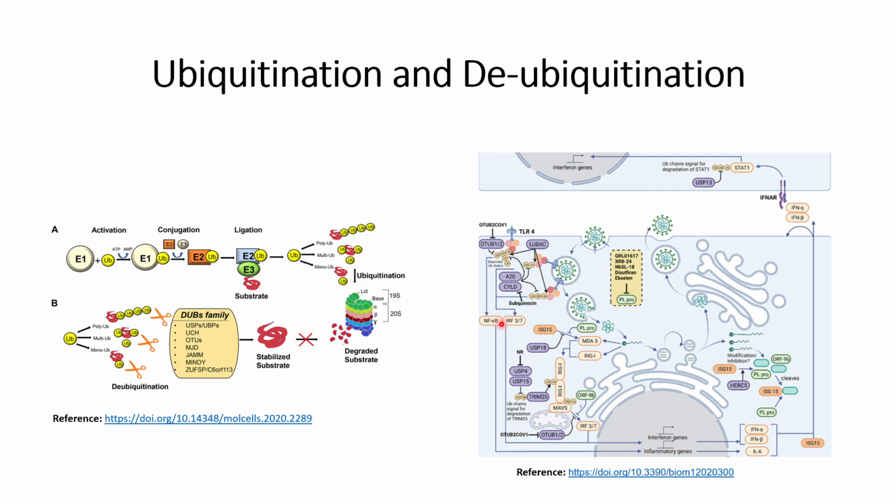And this is shown here: with the help of these envelope proteins and genetic materials, along with the de-ubiquitination process, it helps in expression of interferon genes or inflammatory genes